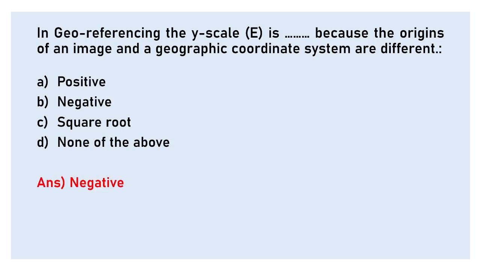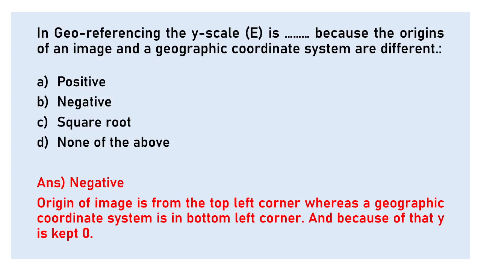Okay, so the answer is negative. Why? Because the origin of an image is considered from the top left corner. So like you have an image over here, its origin is considered from the top left corner. While if you have a geographic coordinate system, its origin is considered from the bottom left corner. So it's just the opposite. So because of that,